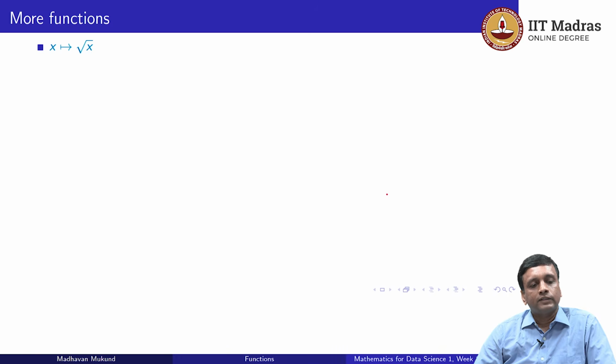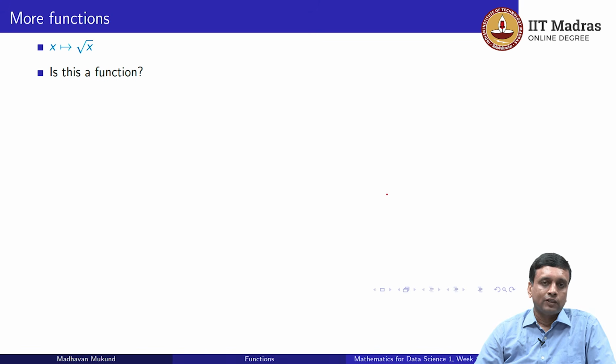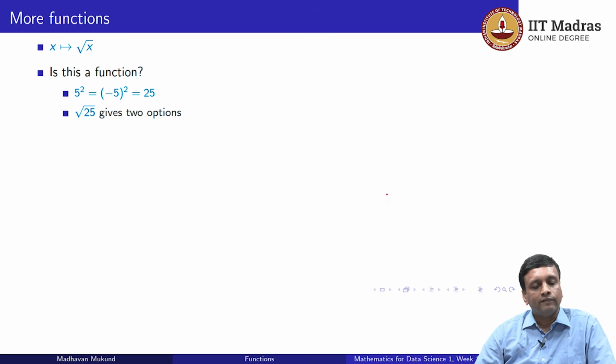So here is another function, x maps to square root of x. The first question is, is this a function? So remember that for a function, we need it to be defined on every input value, and we also need it to have a unique output. So remember that when we square a negative number, we get the same as when we square the positive version. So 5 squared and minus 5 squared are both 25. So technically, if we take the square root of 25, we cannot determine whether we are talking about plus 5